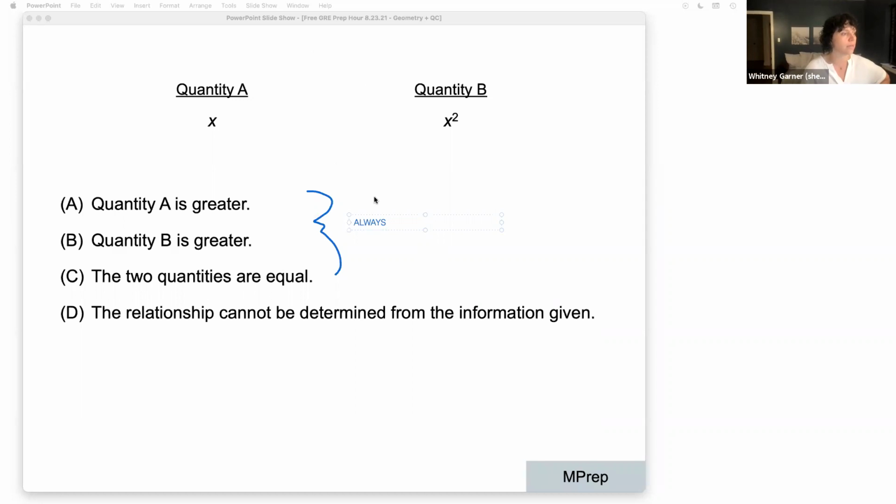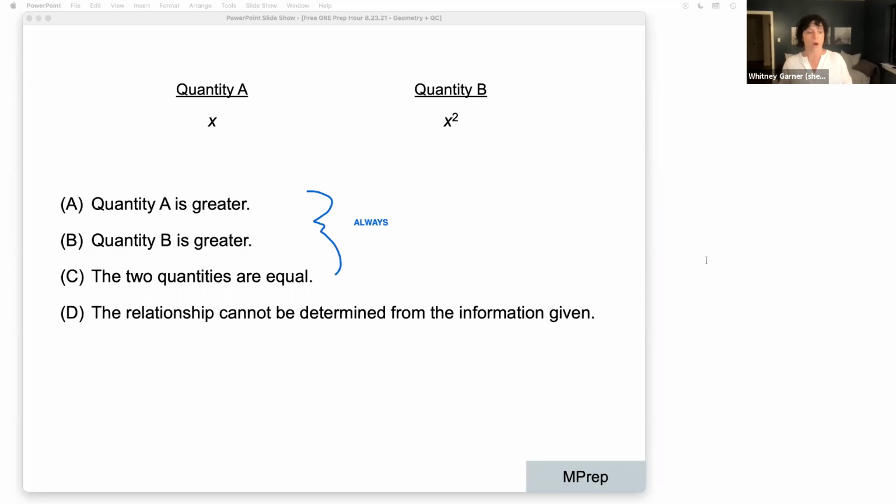They really imply this concept of always. And I say that because one of the most powerful tools for dealing with QC will often be choosing numbers and plugging in. So if I'm thinking about plugging in numbers, I'm only going to pick answer choice A if for all the numbers that I can pick or I can imagine, quantity A is going to be greater, and then same for B, or I'm going to only pick C if I can show that they are always